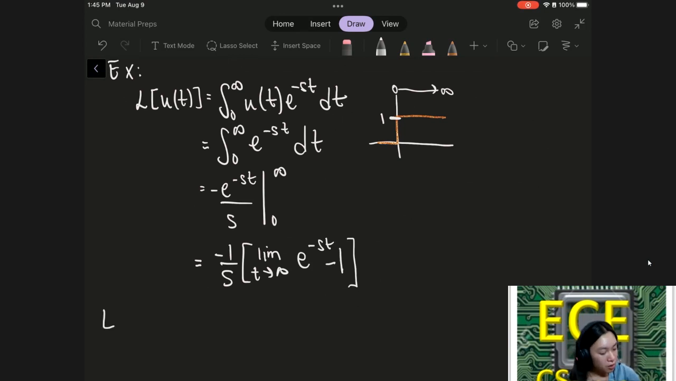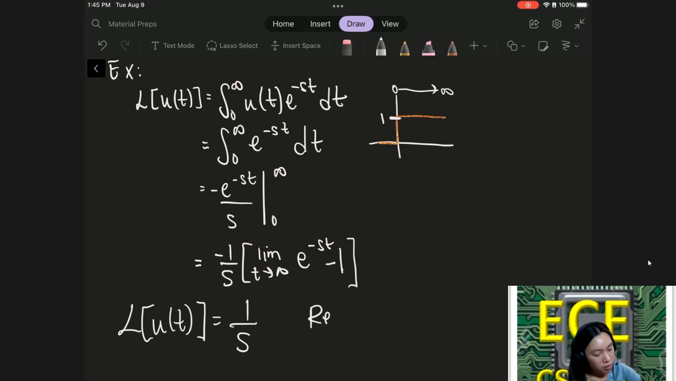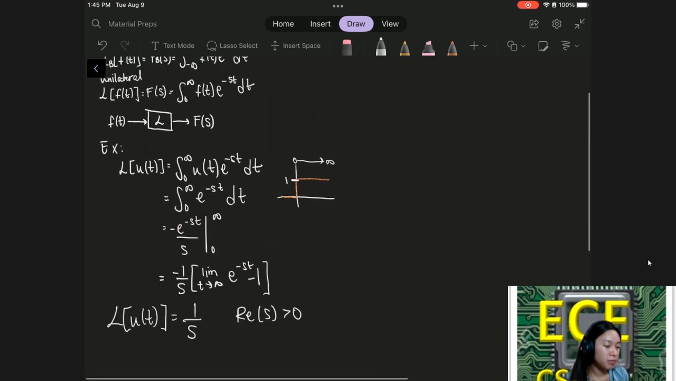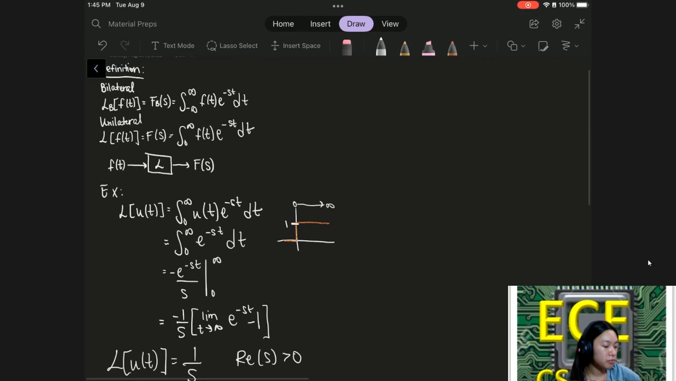And so that means our Laplace of u of t equals 1 over s, where the real part of s is greater than 0. It's pretty simple. You just plug it into the formula up here,